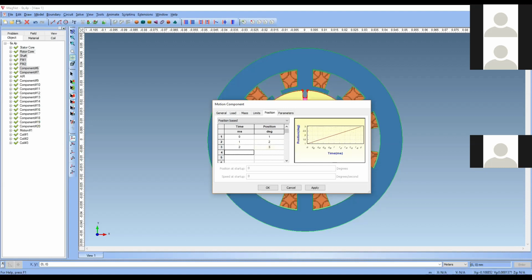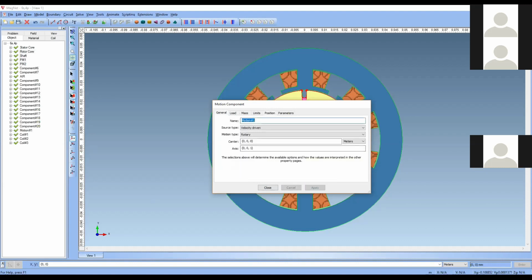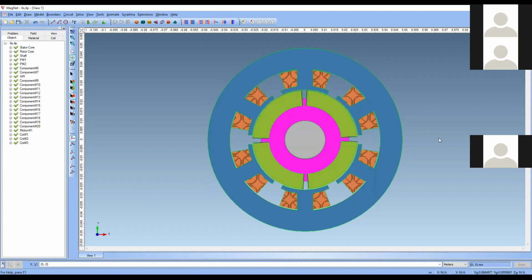And if you put periodic, then it will follow that. So by this, the speed of the machine can be defined. Here you can keep either load driven or velocity driven. Velocity driven means you can give the speed directly like that. But now, if you see, there is a problem in this model. What is the problem in this model?